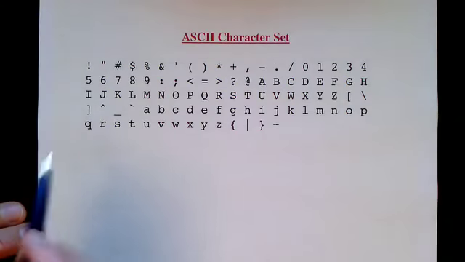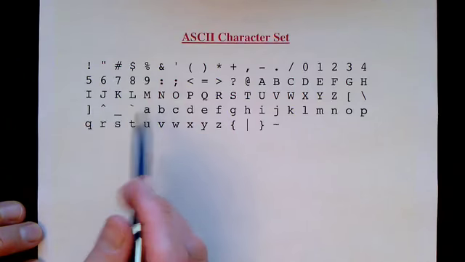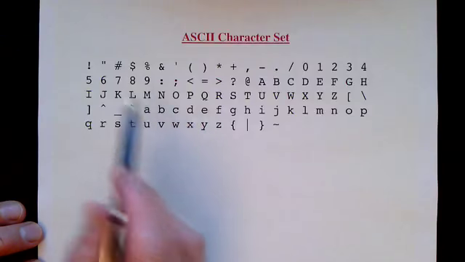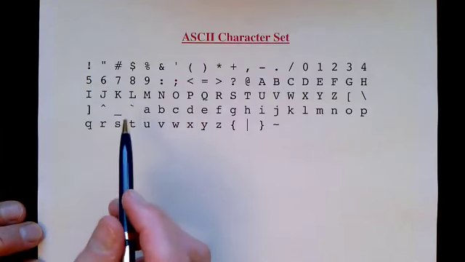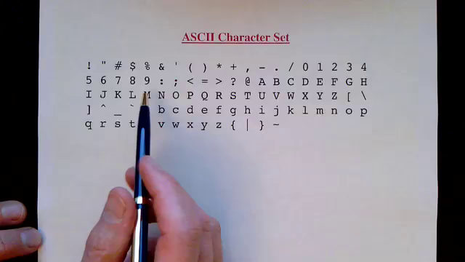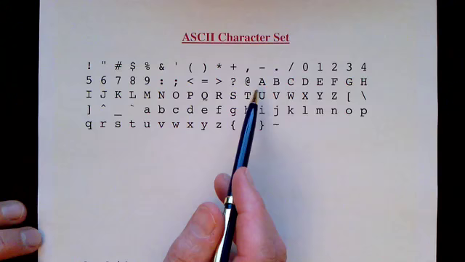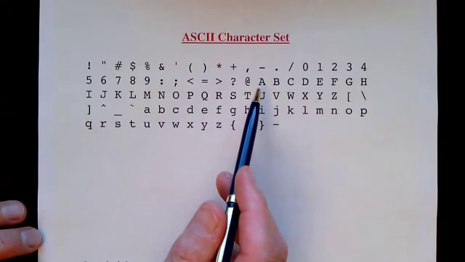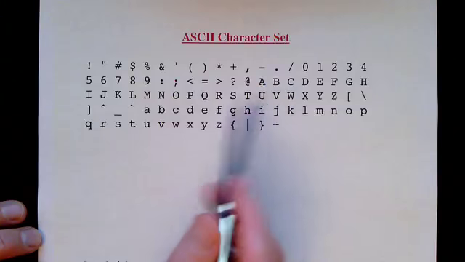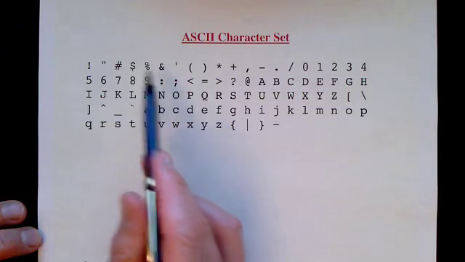Let me introduce the ASCII character set. Here are the ASCII characters. There are 94 of these things. There's also a space, which I don't show, so we can say that there are 95 printable characters in the ASCII character set. And we see all that we need to represent English. In particular, we see uppercase letters, we see lowercase letters, we see the decimal digits, and we see a variety